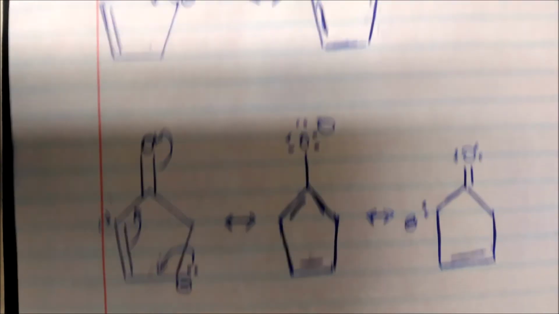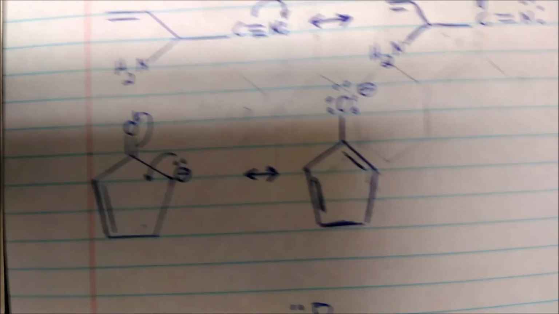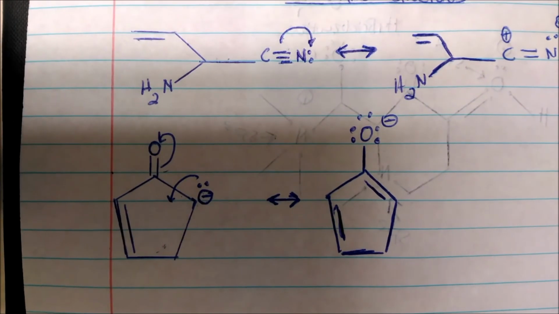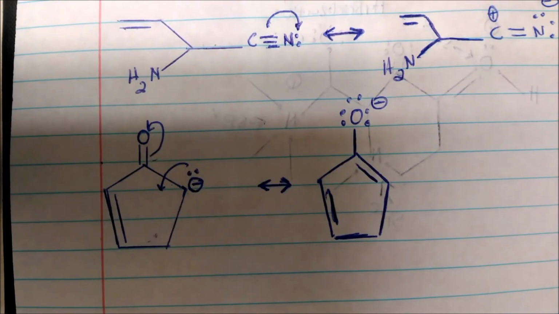So again, resonance structures make a molecule more stable. The more structures you have, the more stable your molecule is. And you want to know that you're doing good resonance structures whenever the charges are equal. You can't have a plus charge and then on another resonance structure have a minus charge. That doesn't give you the original resonance structure. So again,